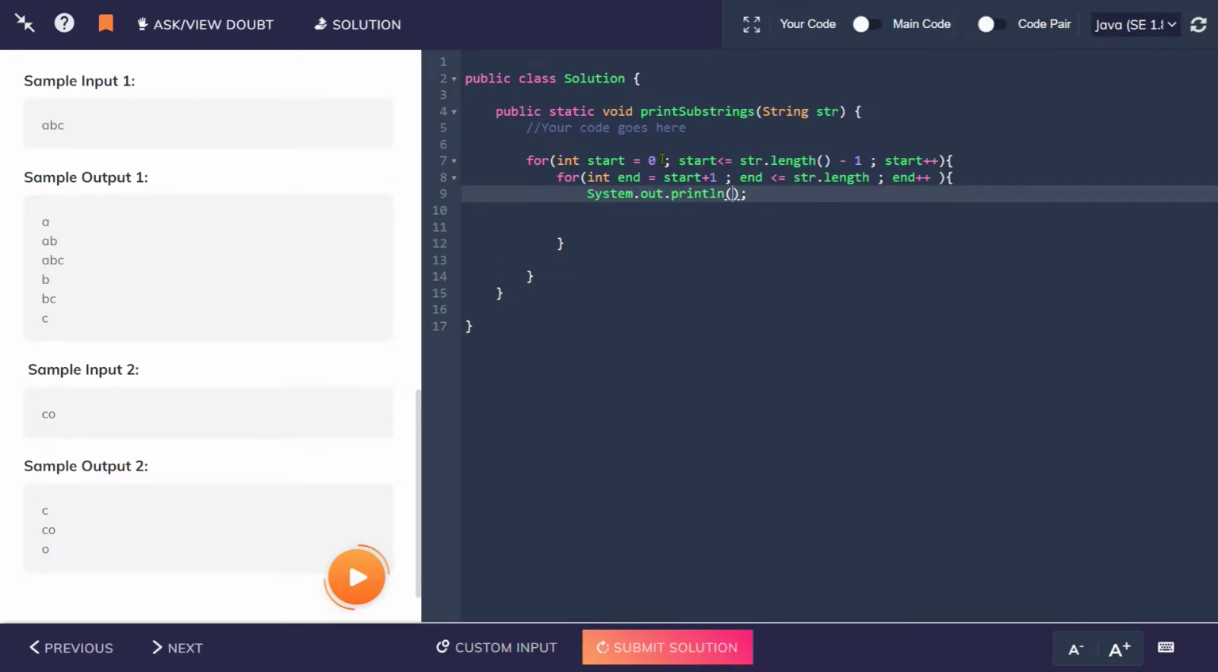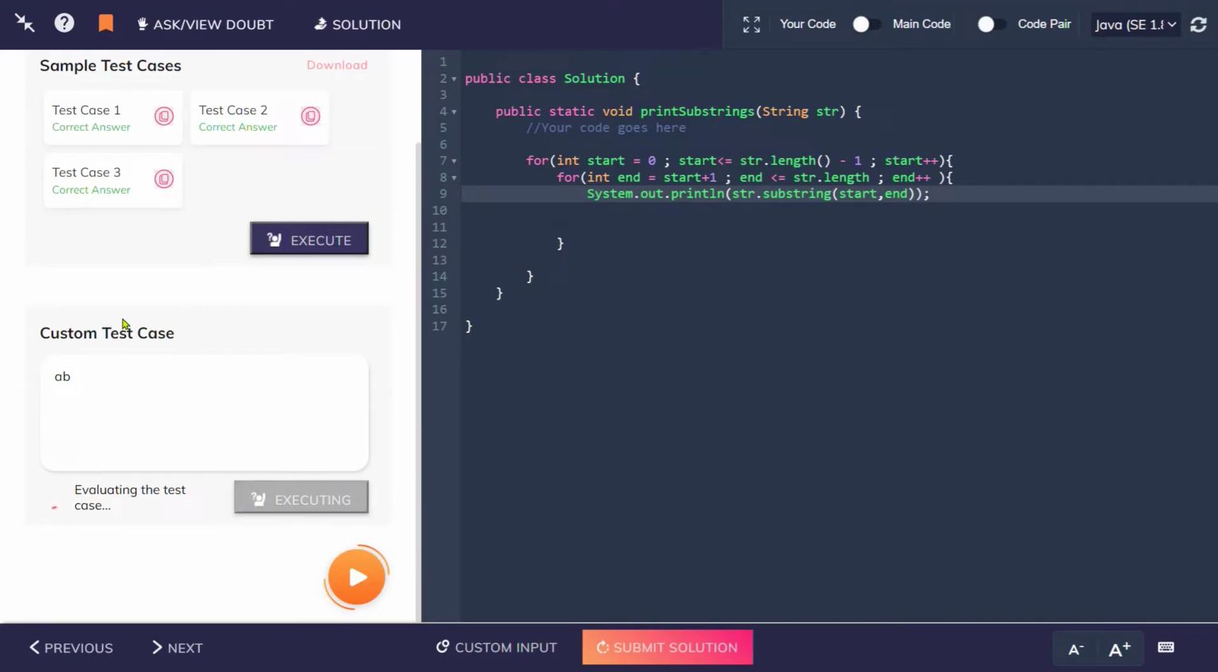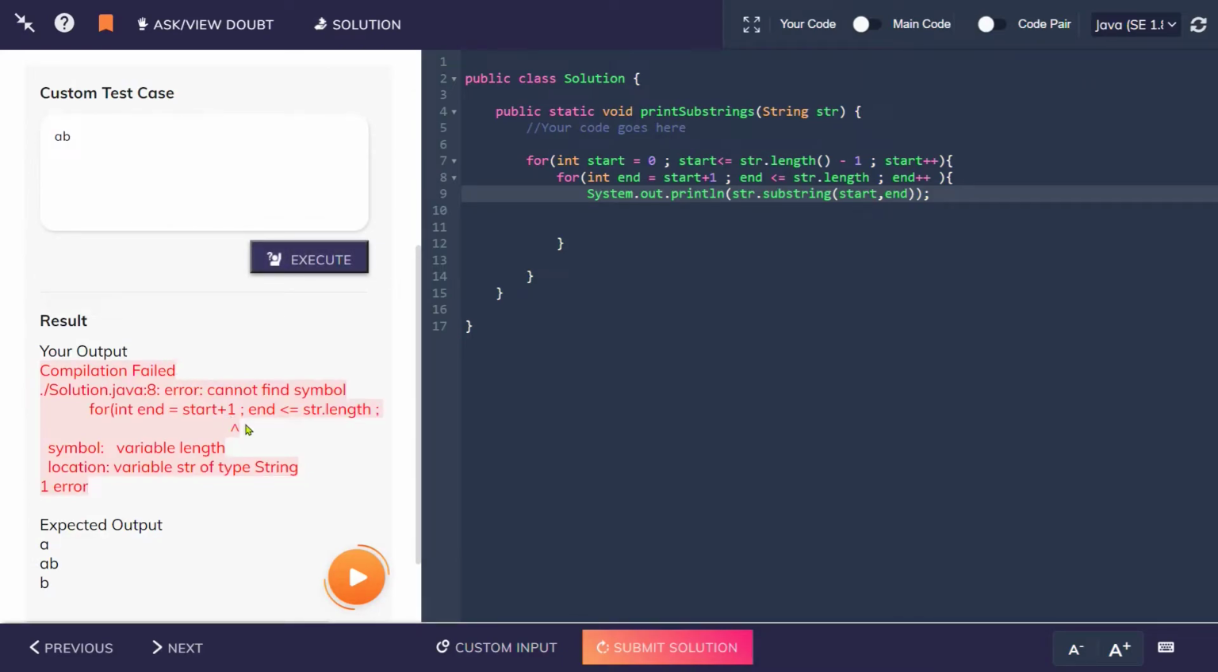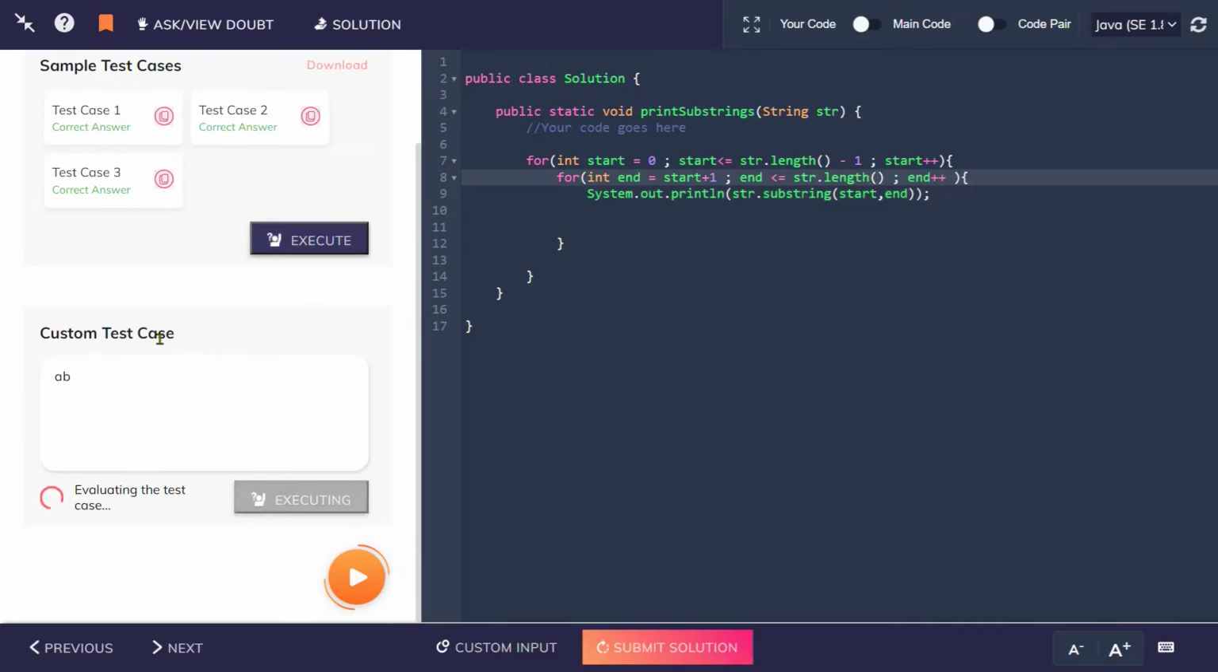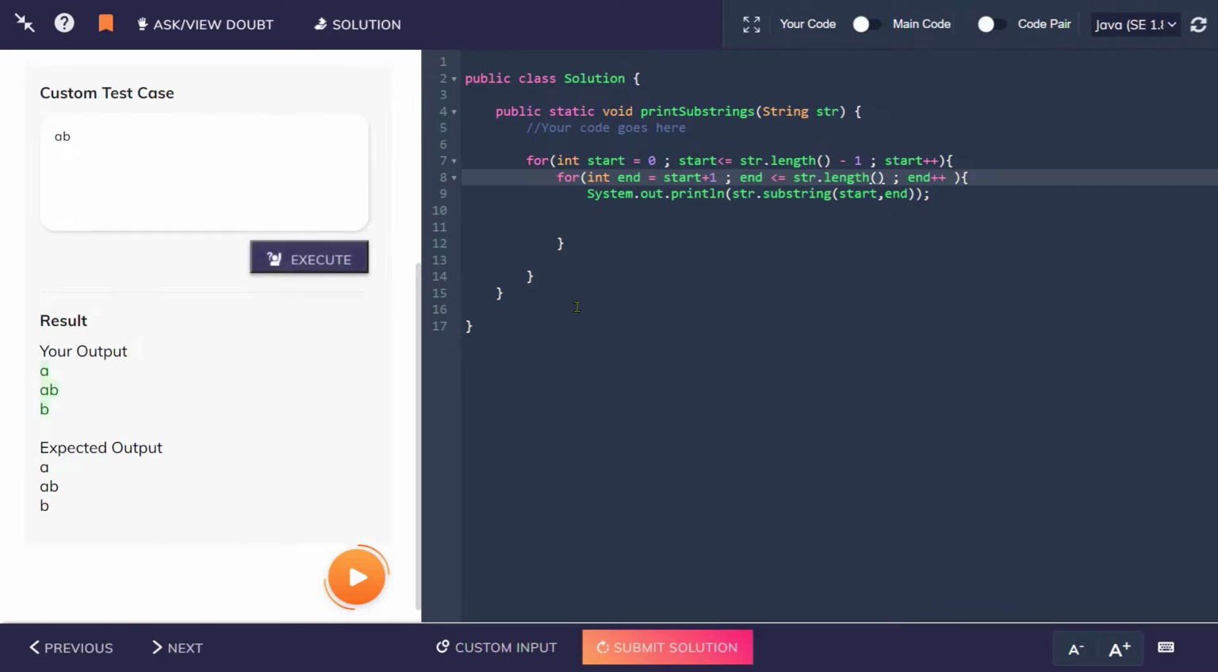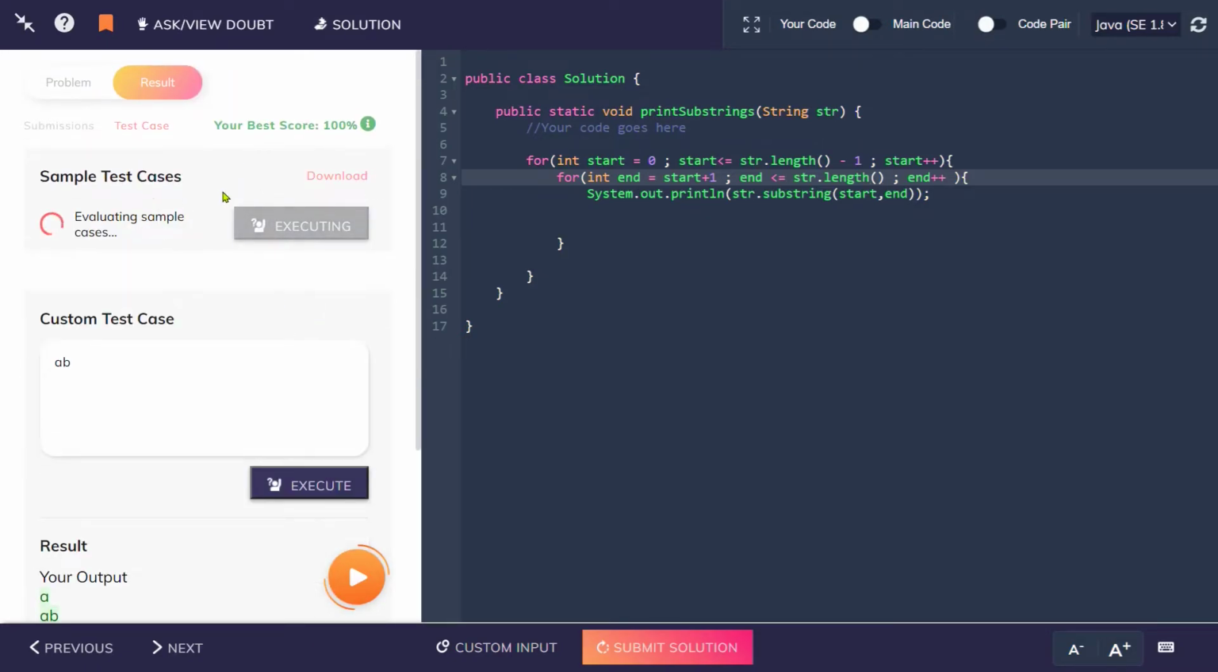According to the question, we need to give the output as a substring. So str dot substring of start, comma, end. I think that this would be the best solution. So let me execute. Alright, this is saying that there must be some error, it seems to need string dot length. Alright, we just have to use the right syntax. Alright, now as you can see over here, every test case is passed, and let me now explain the logic again